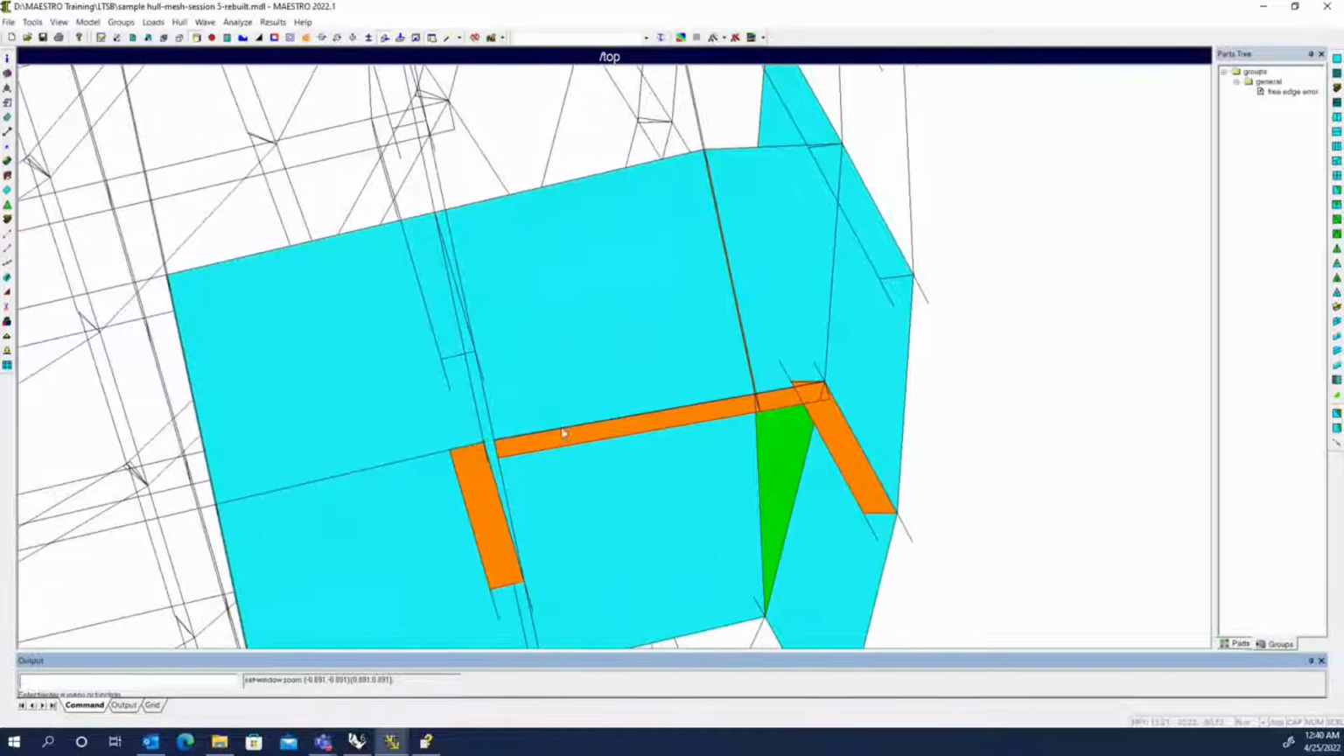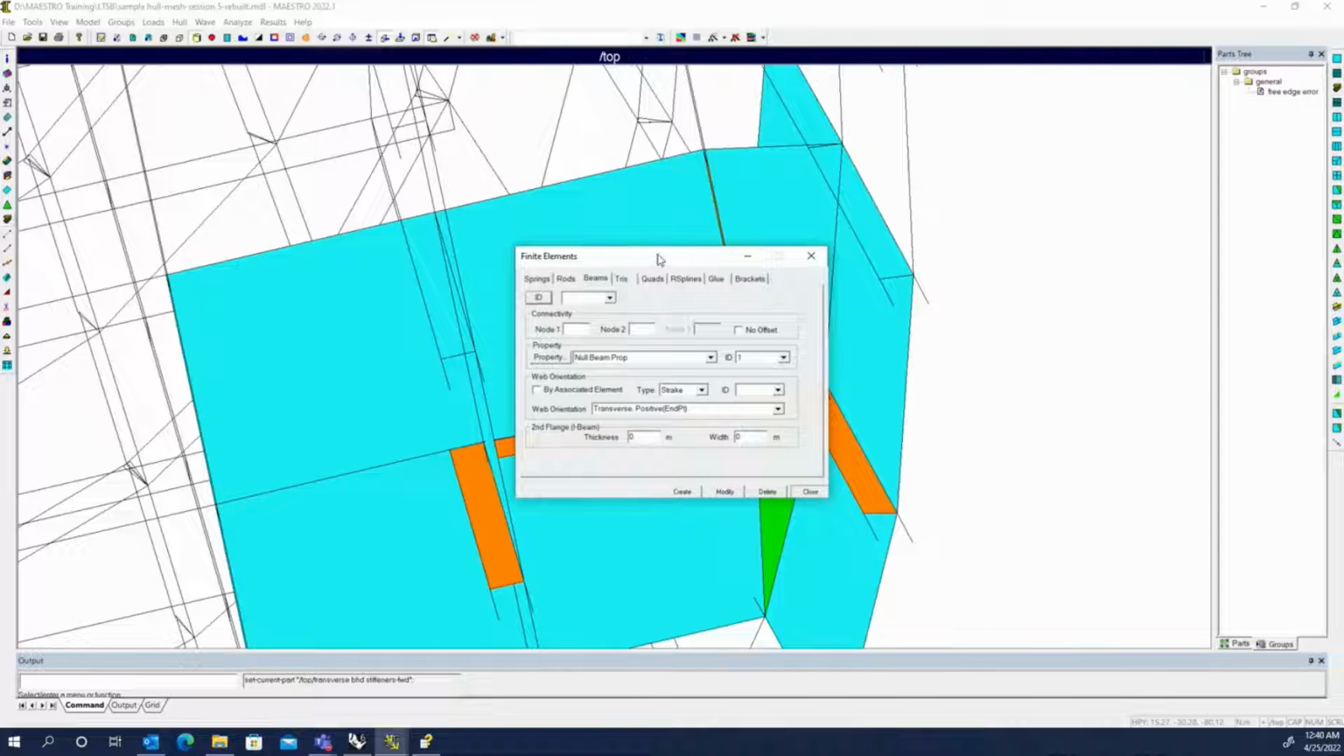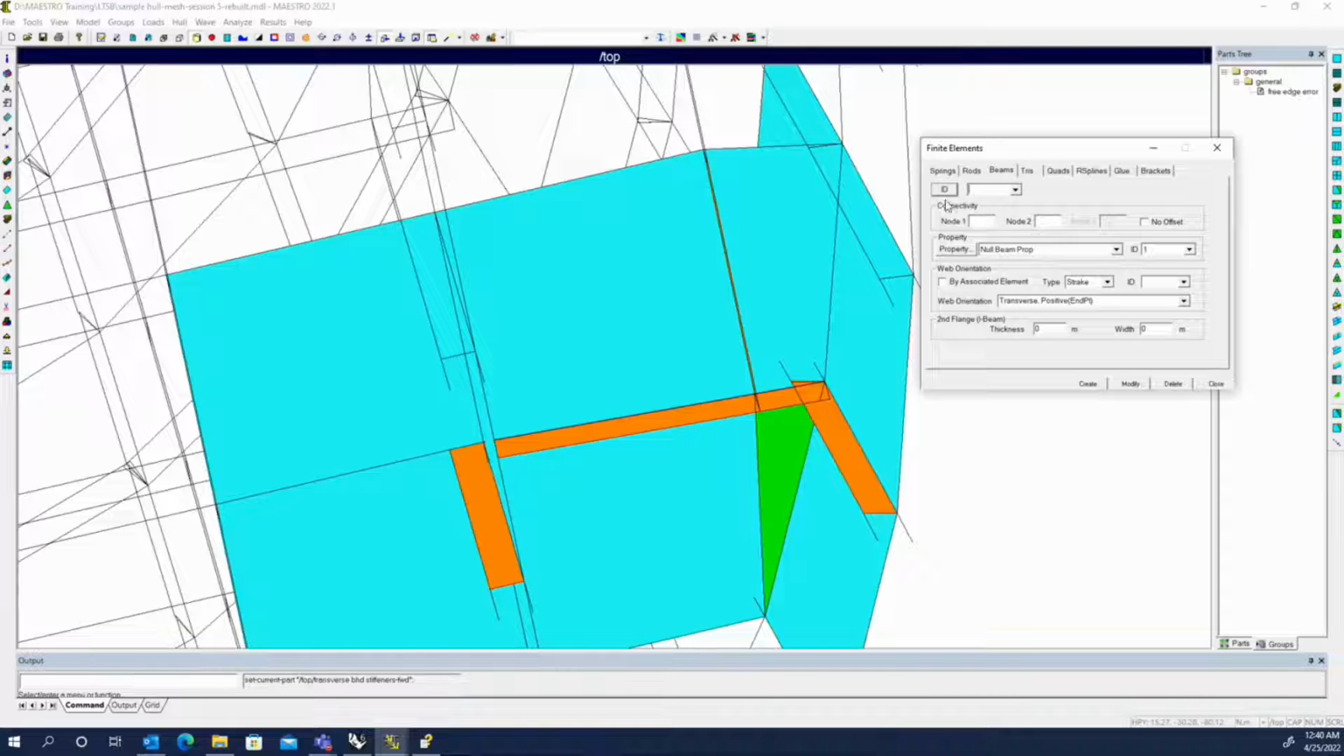We zoom in, set the current part and click on that beam, and then in the beam elements dialog, we click in the ID number and select the beam. That line indicates that this is node 1 and the other end is node 2. So we want to reset node 2